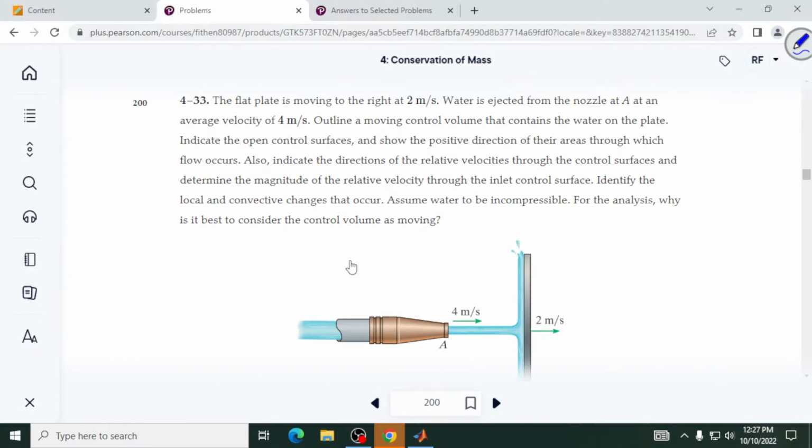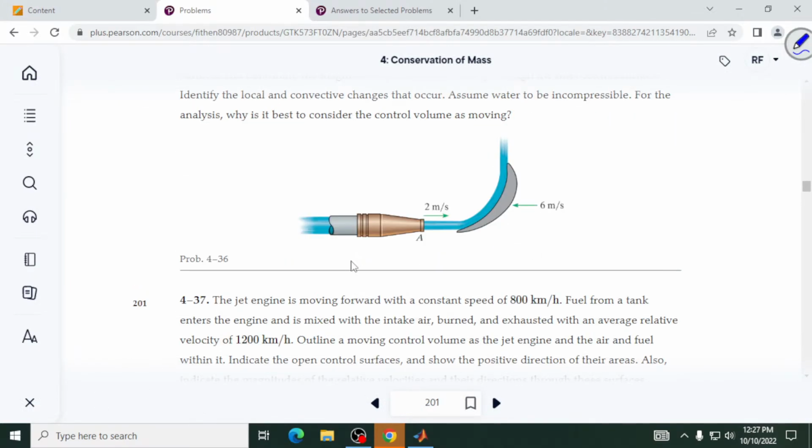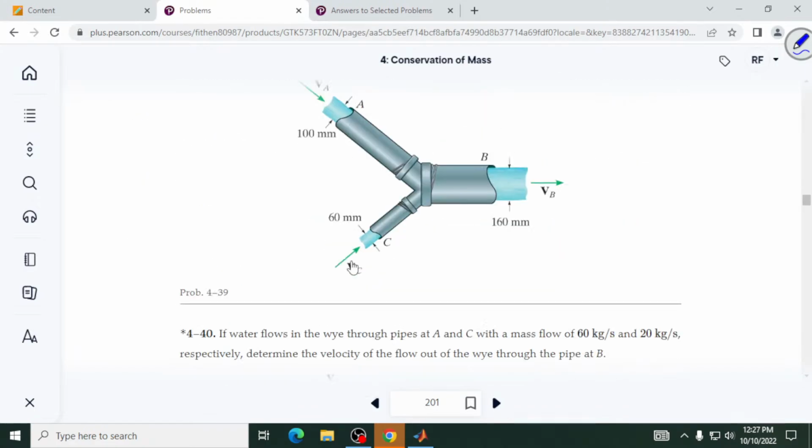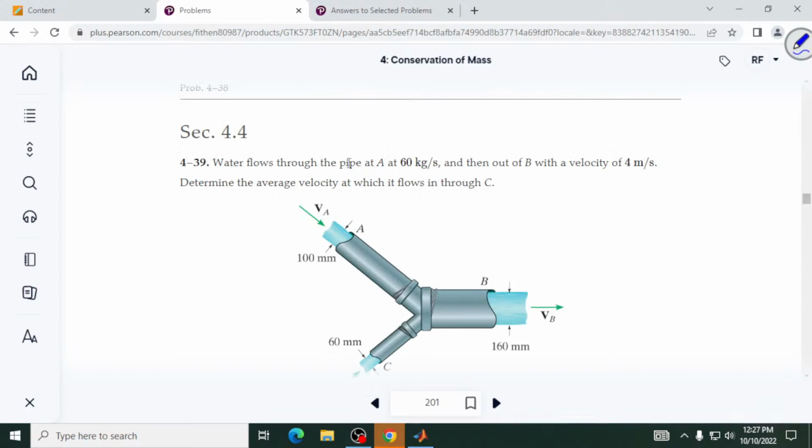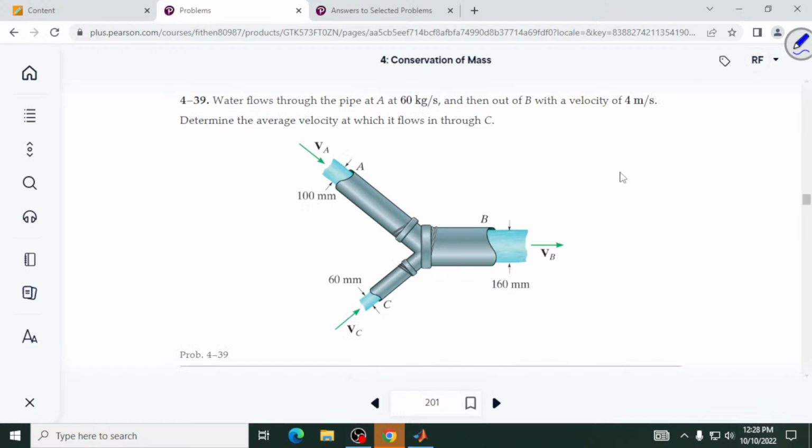find another problem that has multiple inlets. Okay, so let's see. The water flows through the pipe at 60 kilograms per second. Then out of B with a velocity of 4. Determine the average velocity at which it flows in through C. Okay, so this is a reasonable one. So following the little rule, and I like to follow the rule because next section you really do want to